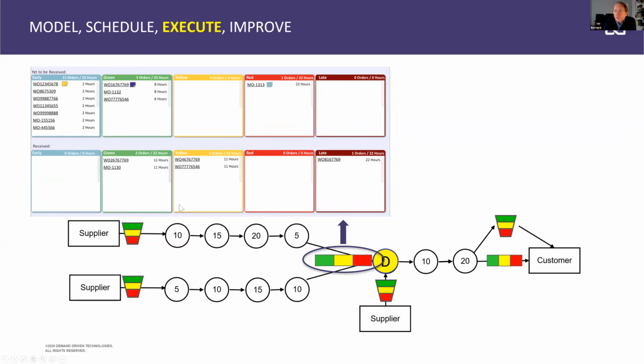On the lower part of the buffer board, we see the work orders for which we already have everything available to run on that constraint. So basically, we know that we need to run first this work order here that is late, and then we'll work the two yellow ones, etc. And on the upper portion of this board, we have the work orders that are not yet available on that process step, and that the upstream